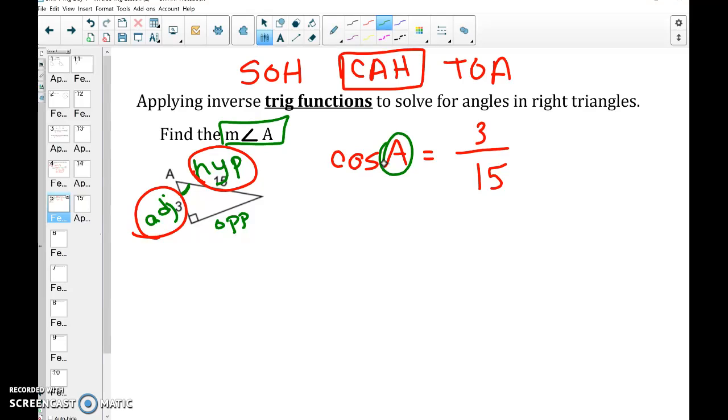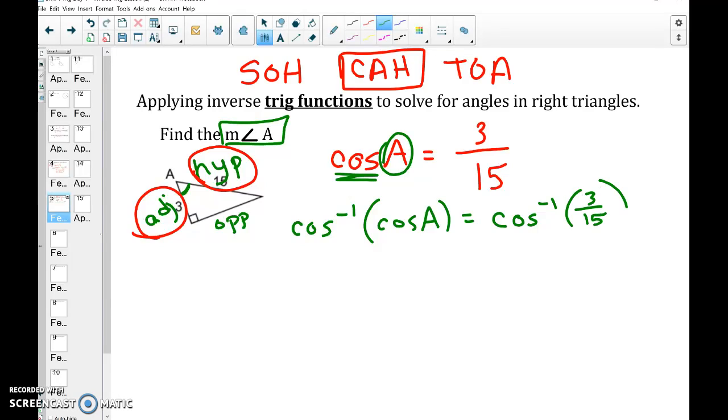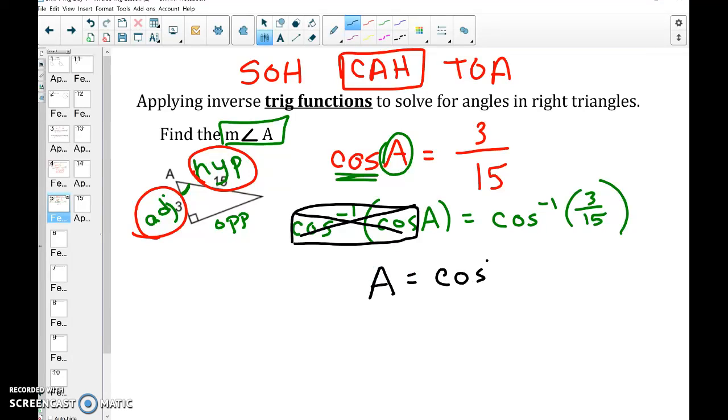I'm still trying to get A by itself. So how do I get rid of cosine? Inverse cosine. So I'm going to do inverse cosine of this side. Whatever I do to one side, got to do to the other side. There we go. Okay, and again, remember what happens when I have cosine and inverse cosine together? They cancel each other out. All I'm left with is angle A, and it's going to be equal to whatever inverse cosine of 3 over